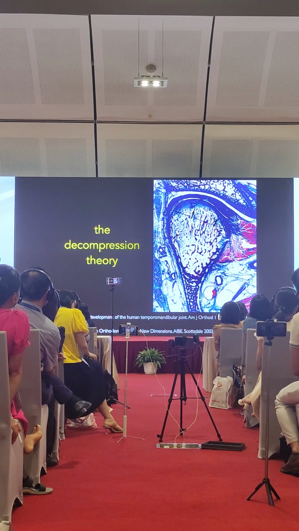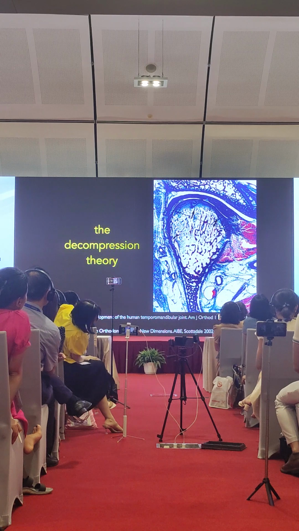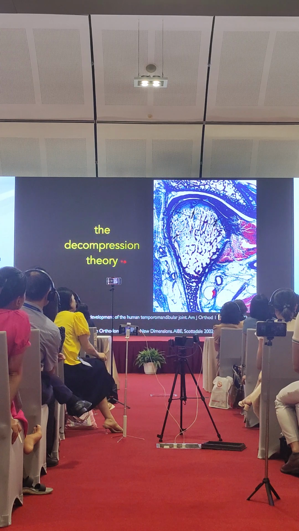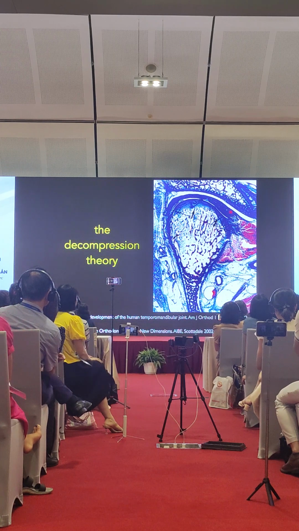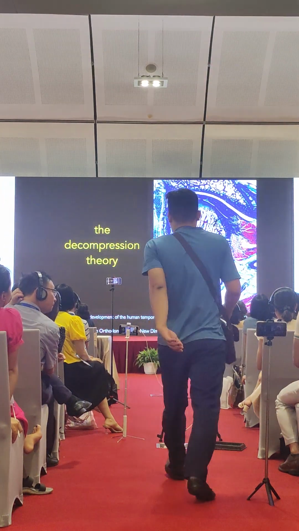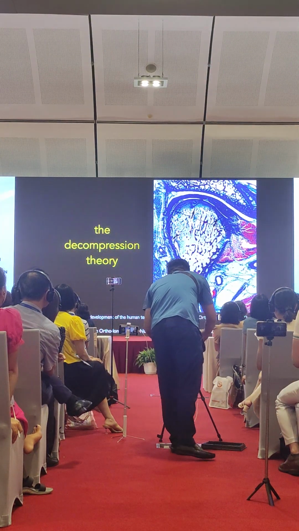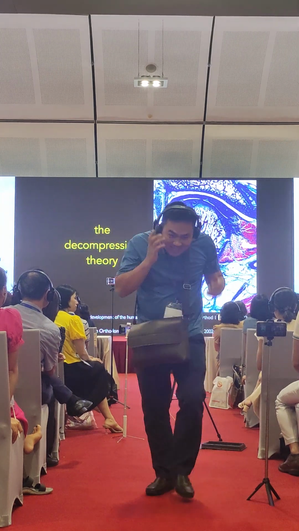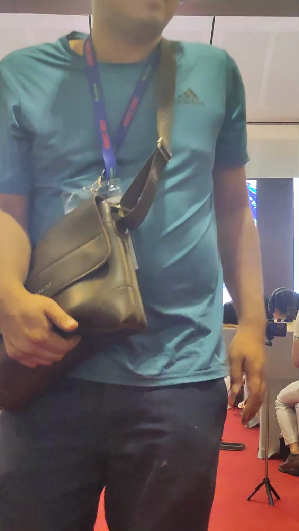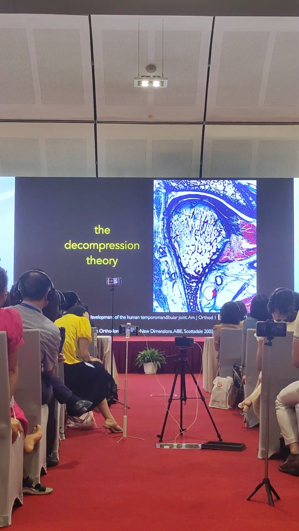Why? Because when you extrude the molars upward, you decompress the condyle. This is from Frostman, and you can see that you have new growth here in the anterior part, superior and anterior part of the condyle. For this reason, we don't want to push the mandible forward, because we will compress the condyle. We want to push down a little bit, little by little, very gentle, not just once.